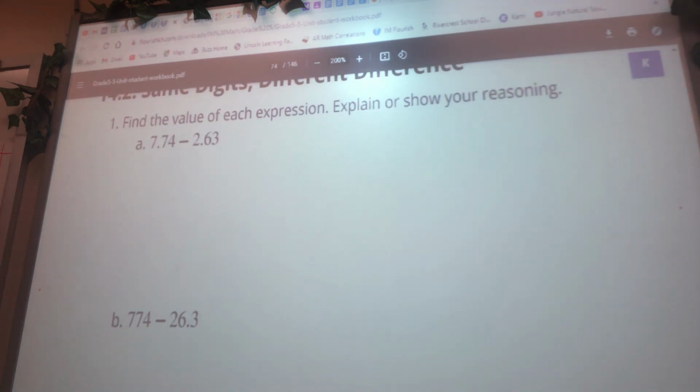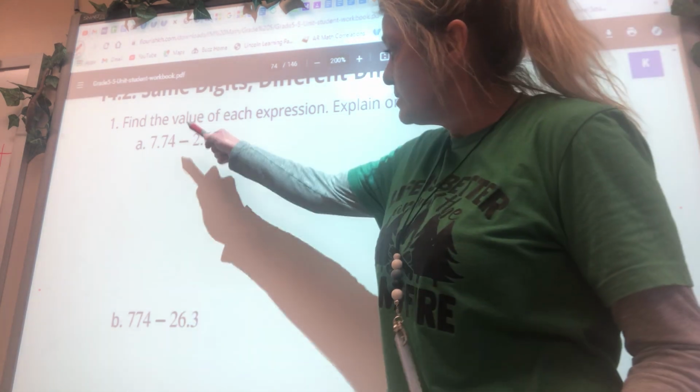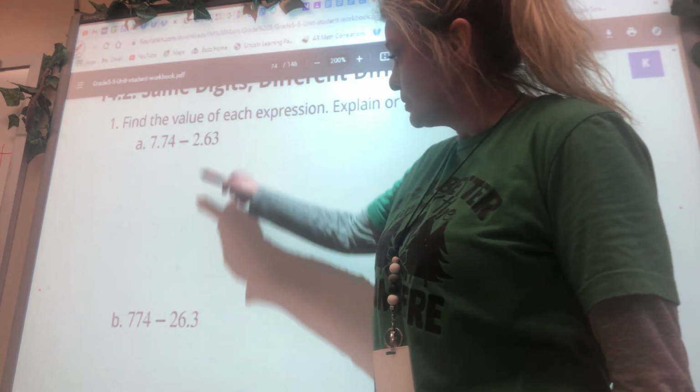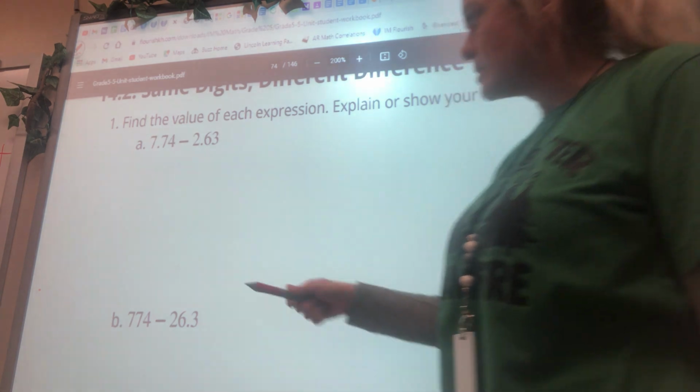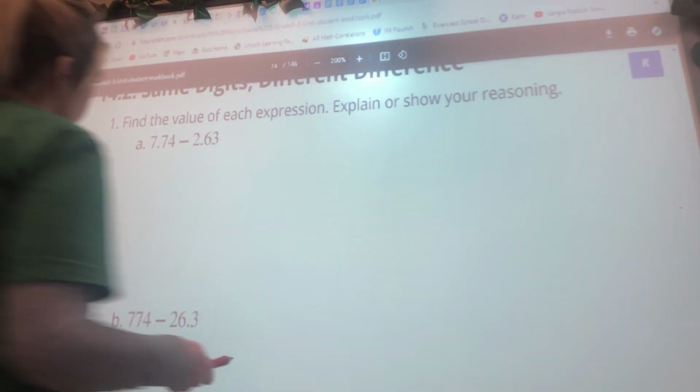Okay, now this one, it gives us the exact same digits, 7s, 4s, 2s, 6, and 3s, but they're in different places. So let's look at what happens if we